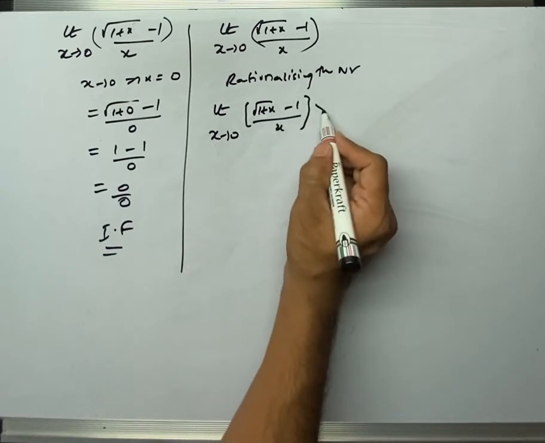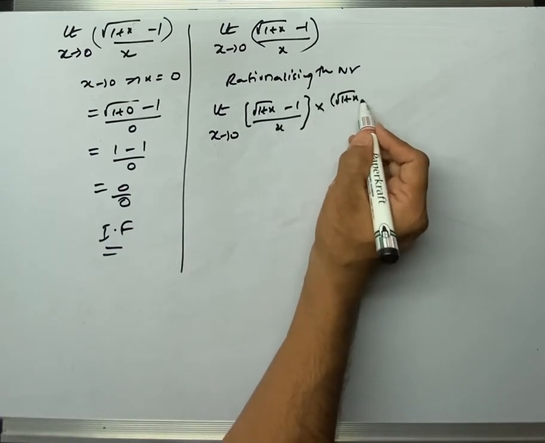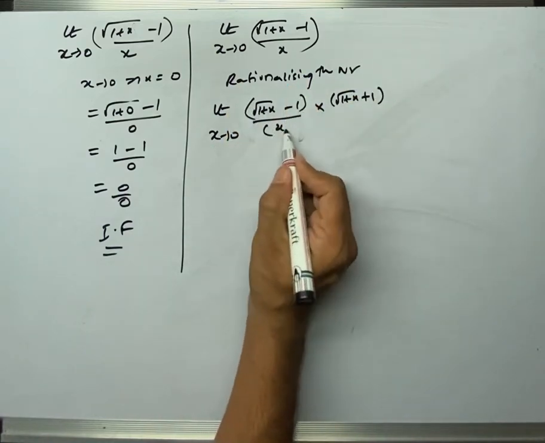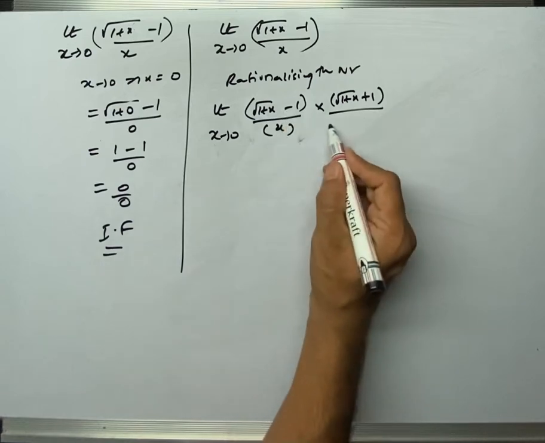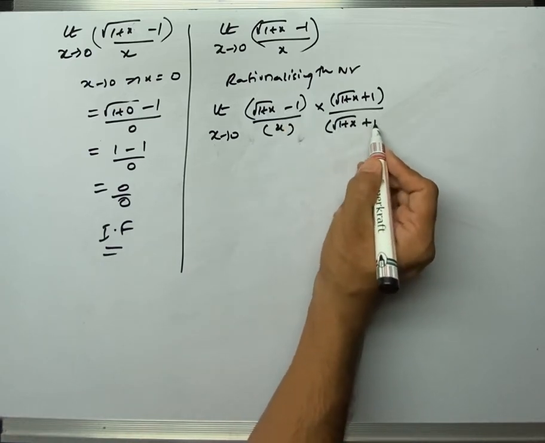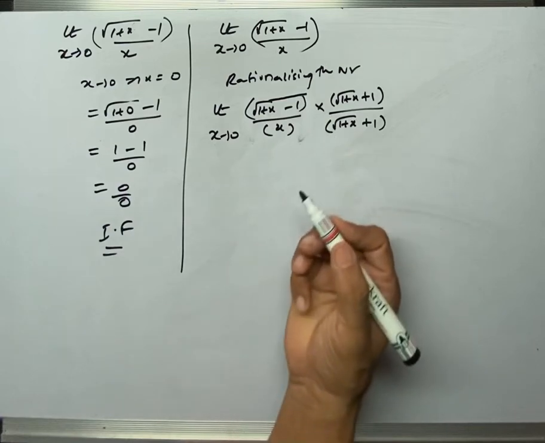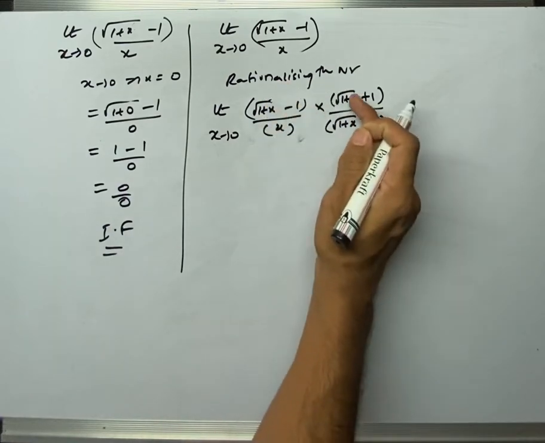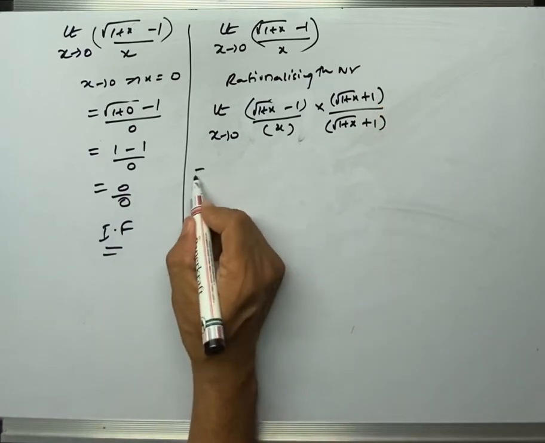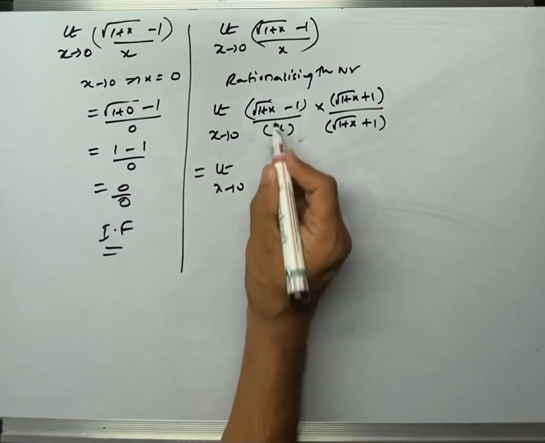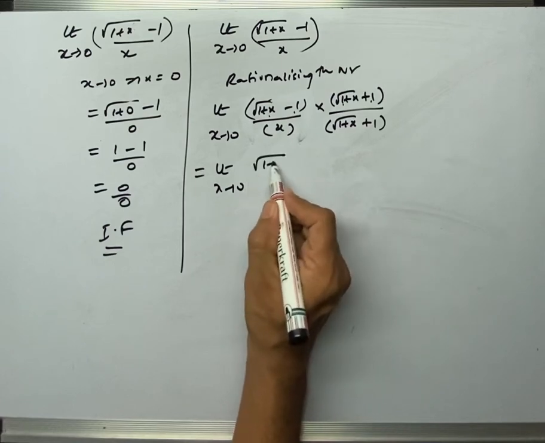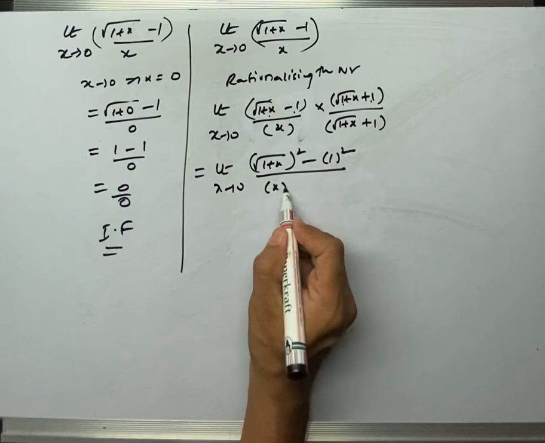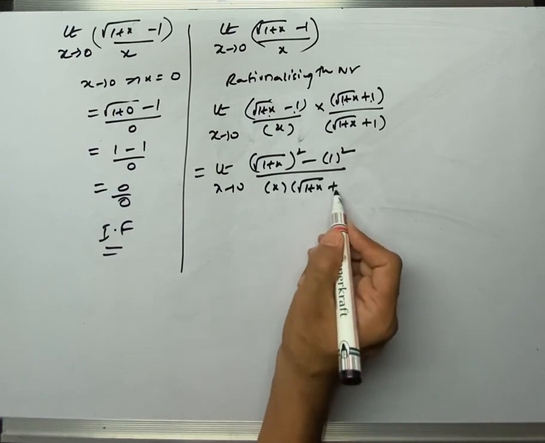Take a bracket, then multiply by root 1 plus x plus 1, or you can take individual brackets for both of them. If it is a minus sign, we should write a plus sign. And you should not write this root over the total thing. Root is only till x, and 1 is written separately. So limit x tends to 0. A minus b into a plus b is a square minus b square in brackets. Then these two brackets you can write as they are.